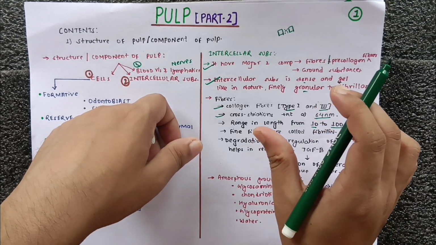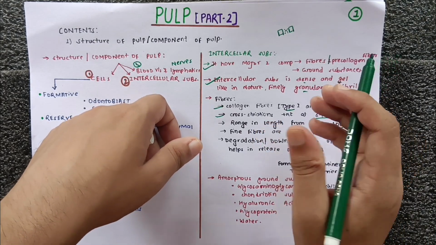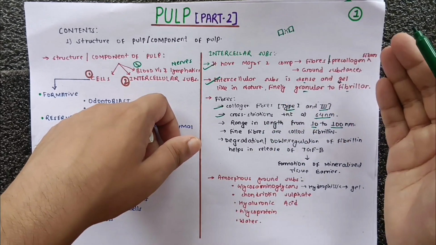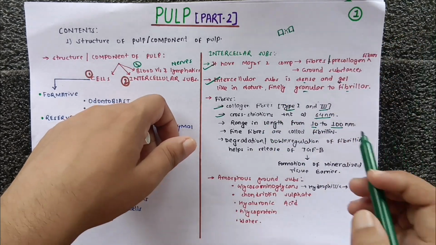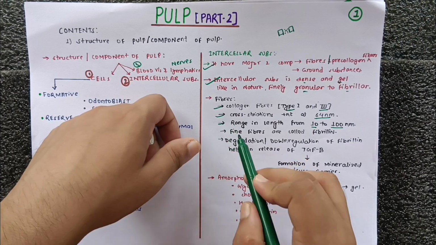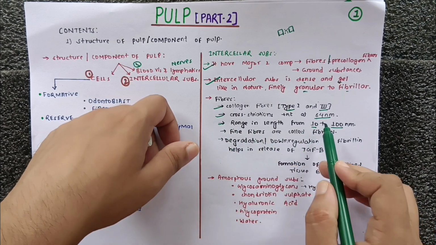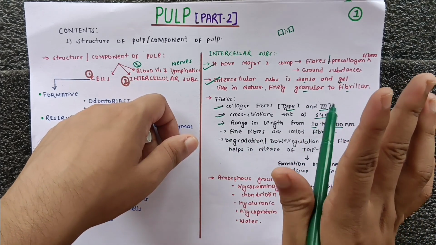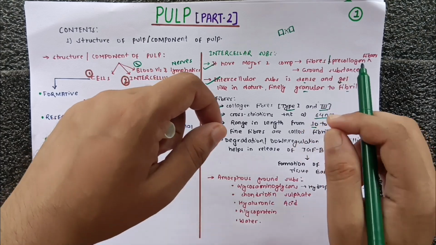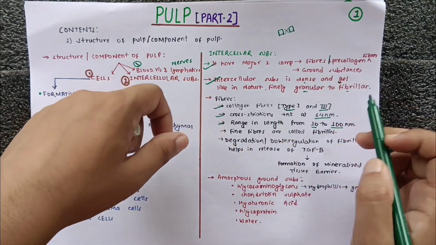Okay, so this is one of the ranges, it is an average. So it may be smaller than 10 or maybe greater than 100. So it is just a range of the length. Okay, so you can remember it. So cross striations are present at 64 nanometer, and the range of the length of this fiber is 10 to